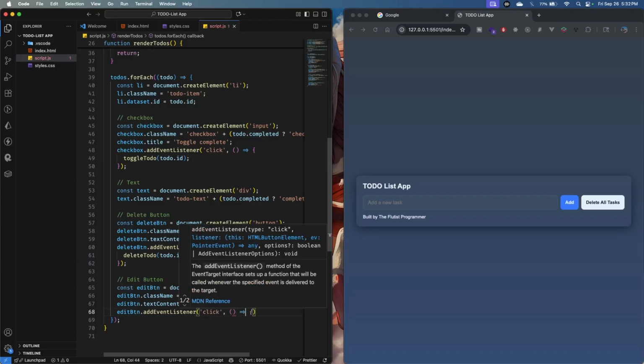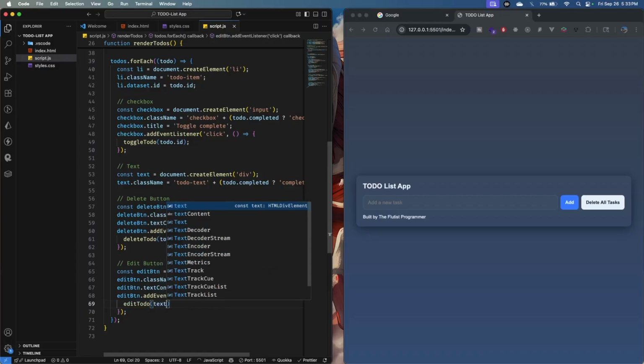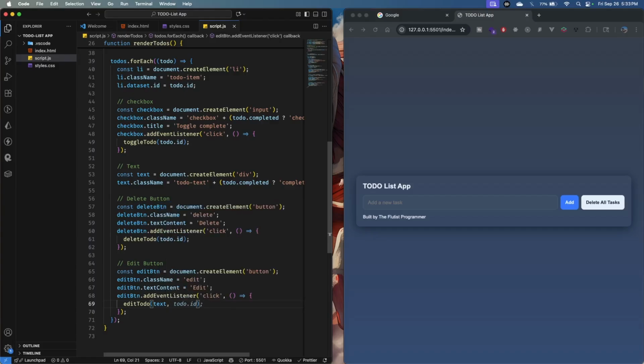Then we are going to be executing a function here. And for the add event listener, we are going to declare another method that is editTodo. For this one, we need to pass the text, because if we want to edit the button, we are going to be editing the text. So we want the text and also the todo.id, because we want to look for that task according to the ID, and then make the change of the text,